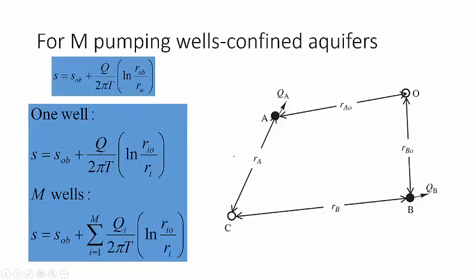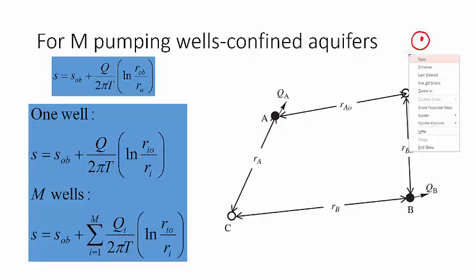Now let's say that you have more than one well, and what happens is that the effect is compounding. So let me just draw something here. I can have a well, and this is my radius of influence, right? And then I can have another well here, and then this can overlap. And so